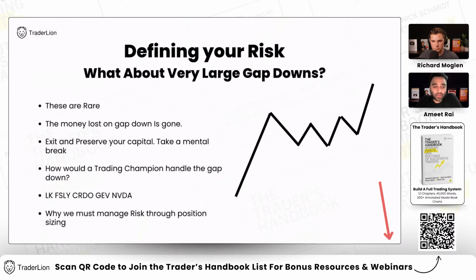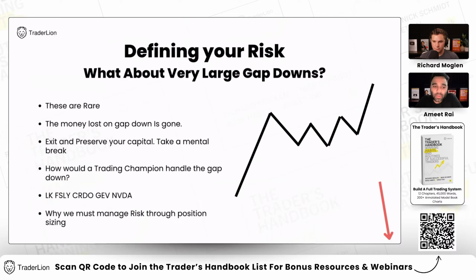So we've experienced this. I've experienced this. The way I handle it is I sell. If I own a stock and it gaps down 20% tomorrow, I'm not going to question why. I'm not really looking at the news to justify that it may come back. I don't tend to do any of that kind of stuff. I don't turn into an investor all of a sudden, holding these and thinking it will come back in a couple of quarters.